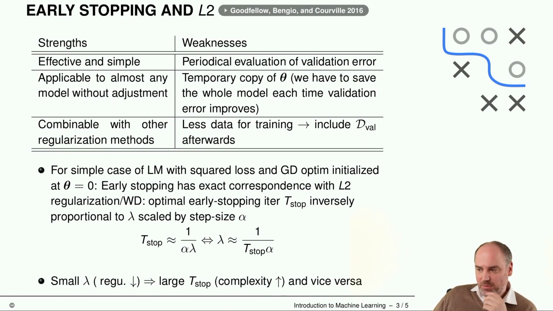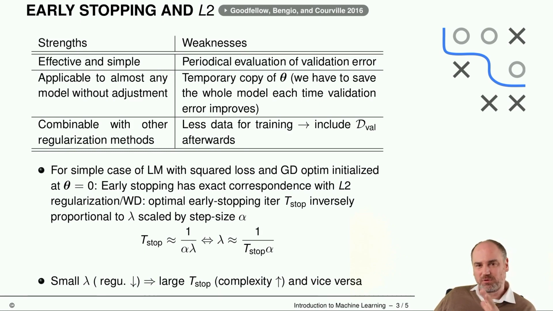I guess you need to be able to do some iterative optimization. I think that holds true for many cases of machine learning models. And like I said, the steps are not supposed to be too large. Yeah, and it's also combinable with other forms of regularization. So you can actually do early stopping together with L2 regularization. That would be possible, although I'm going to argue in a few seconds that they do very similar things,